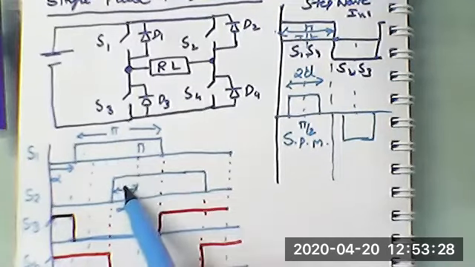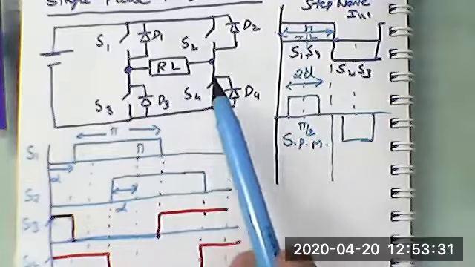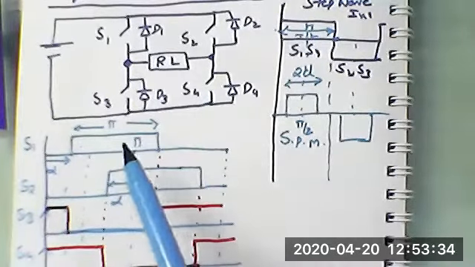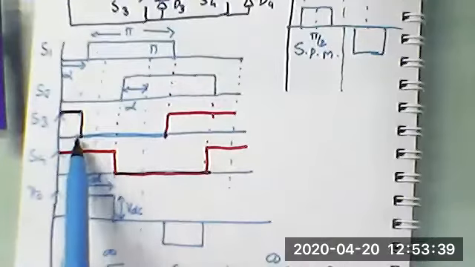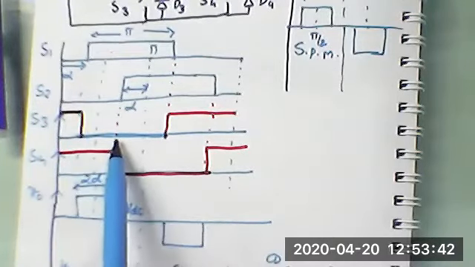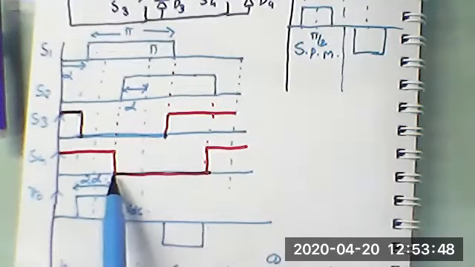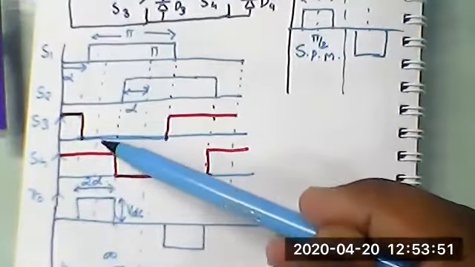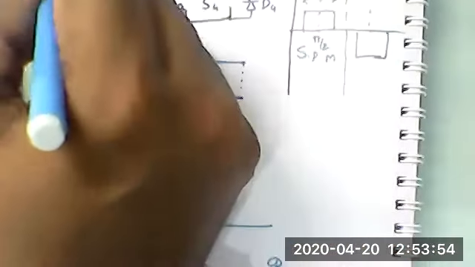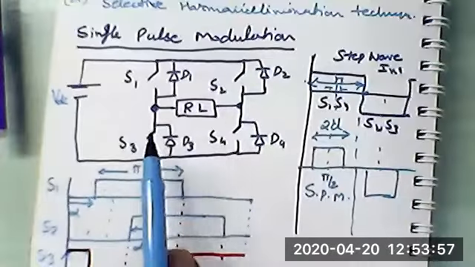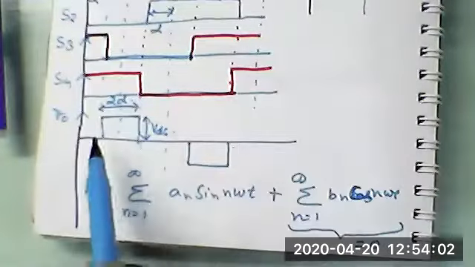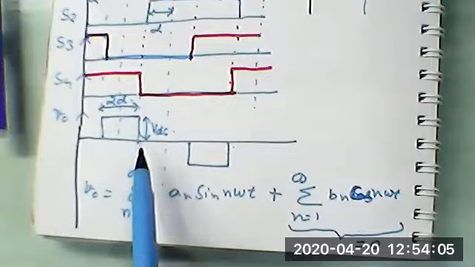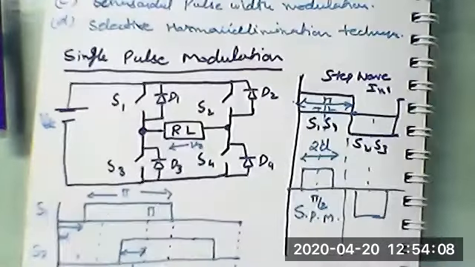Now S1 and S2 we have, the remaining pulses, that means for S3 and S4, these pulses are to be generated by complementing the device pulses. S1 complement will be S3. You can notice S1 complement will be S3 and S2 complement will be S4. Now whenever S1 and S4 are conducting, you will get this VDC, this DC voltage at the output. This is your VO that you are getting, right? So there should not be any confusion.